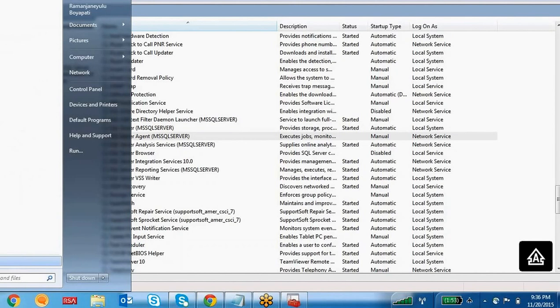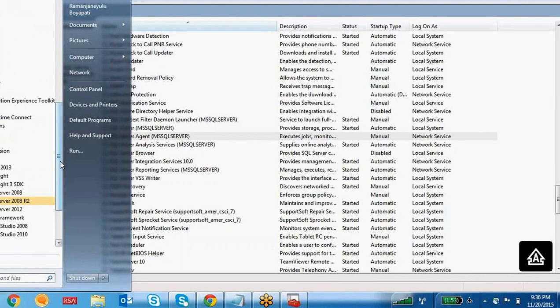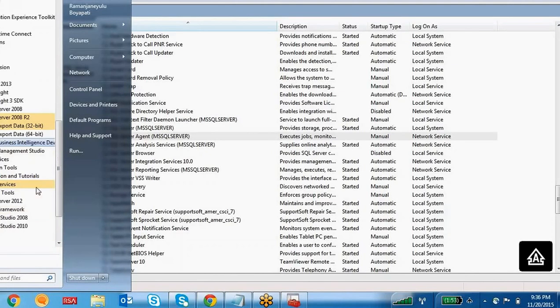Go to All Programs, and find the folder Microsoft SQL Server 2008 R2. Here, if you observe, there is SQL Server Management Studio. This is the studio where we write SQL queries, create tables and everything.